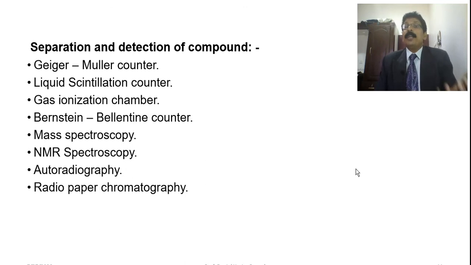Autoradiography is a very important technique, which nowadays you use in vitro and in vivo. Also the CT scan, which is very common nowadays. Some patients who go to hospital are immediately sent for scanning. CT scans all work on this autoradiography technique. And radio paper chromatography, normal paper chromatography, which we are studying in the syllabus, and we are also going to perform it in the experiments. Many experiments, paper chromatography and thin layer chromatography, we have to perform in this semester, and radioactive substance paper chromatography can also be used. So these are some of the things I have mentioned.